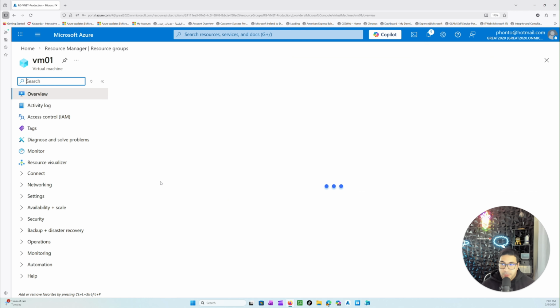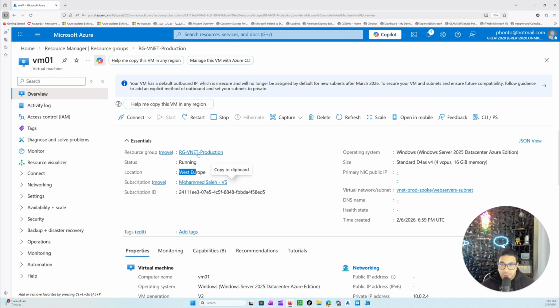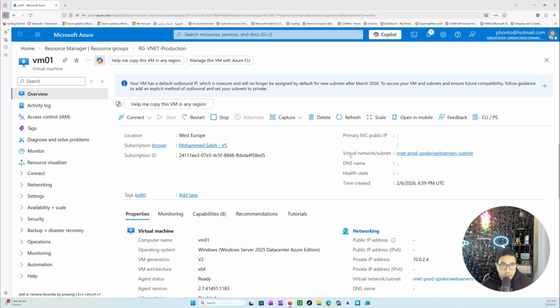So I'll click on my VM. As you can see, the status of this VM is running. It's in West Europe. Again, from the left side it is going to give you the details about the resource location, like which virtual network, the status, which region, and then which Azure subscription. On the other side here, it's going to show you the operating system, which we have chosen as Windows Server 2025 Azure Edition, the virtual machine SKU, which we'll talk about in a different video, and then which virtual network